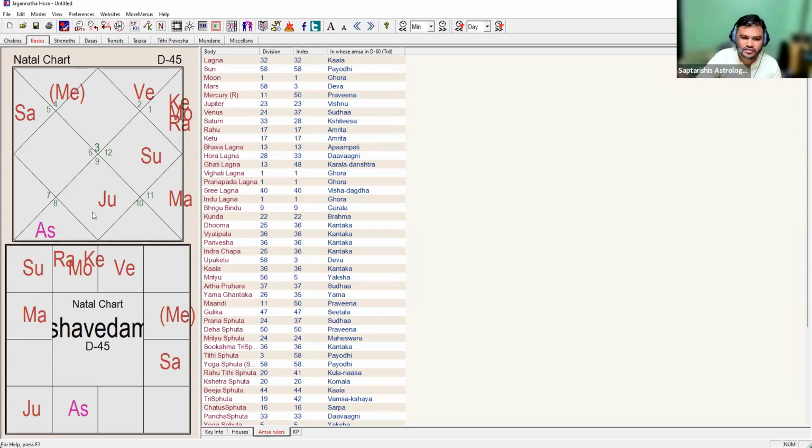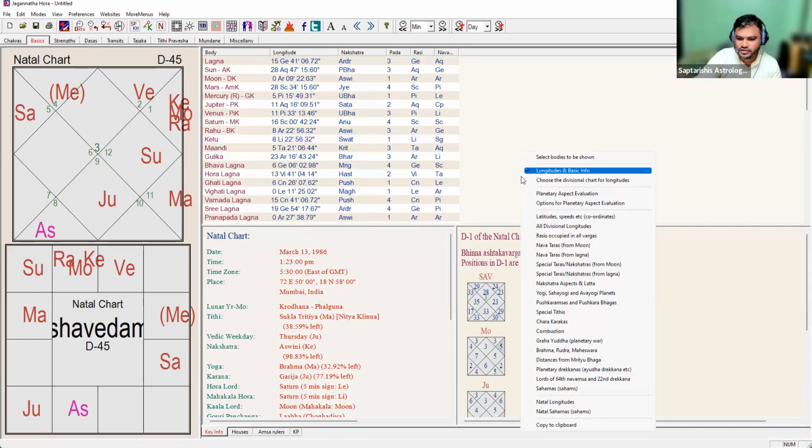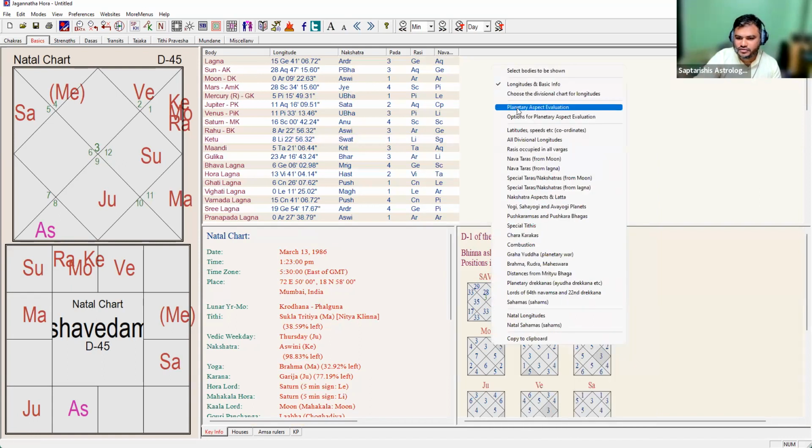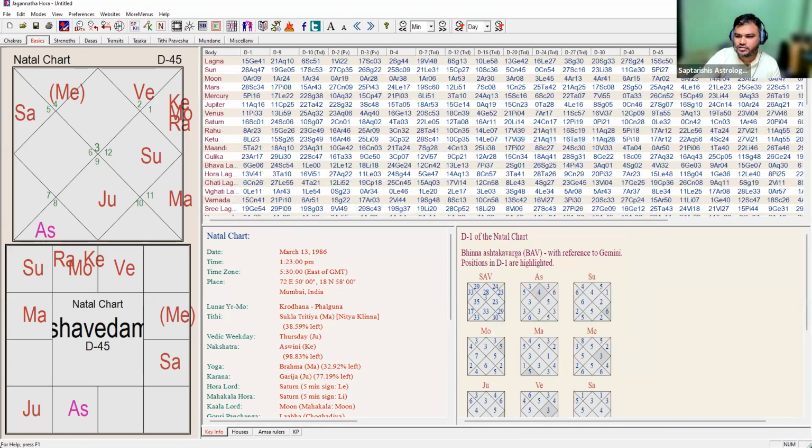So when we say division, the good way to understand the planets, in Jagannatha Hora, you have all divisional longitudes. Click here. Now this is the best thing. Understand this part. Like Moon is in Aries, in D40 again it is in Aries, in D45 it's in Aries. So if you understand divisional charts like this, like which amsha the Moon is in in every divisional chart, you can make better predictions.